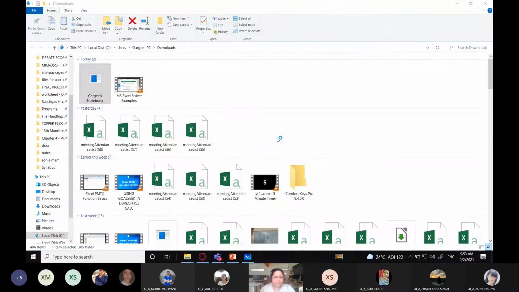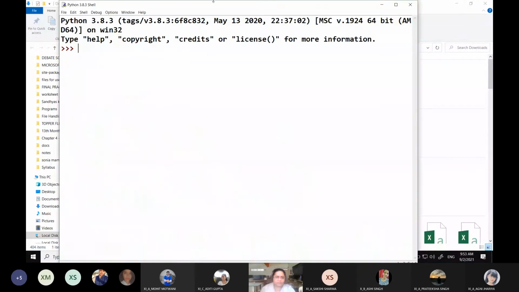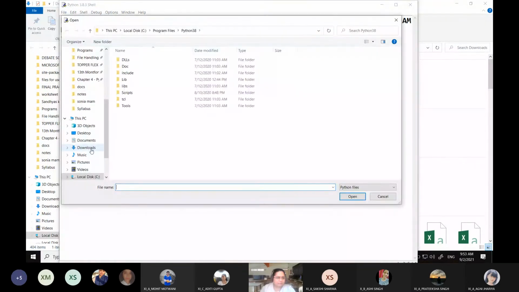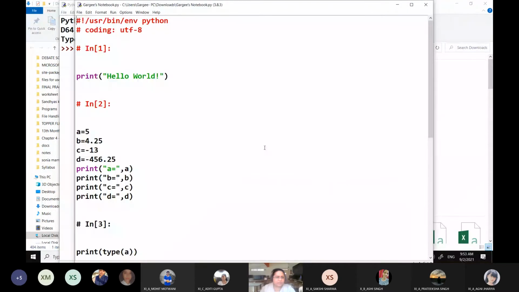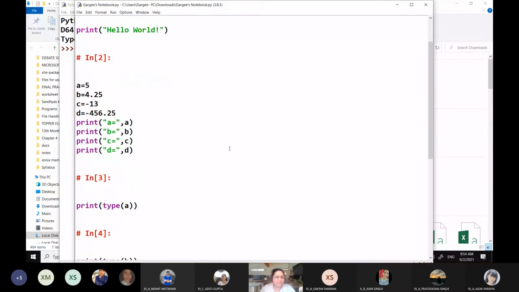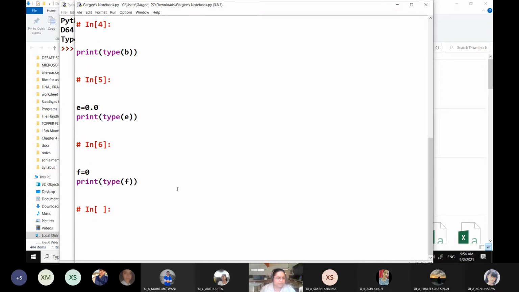So I'm opening the Python IDE and I will tell you how it can be accessed on your computer. Here you can go to File, Open, and we'll go to Downloads and go to Gargi's Notebook, click on Open, and you'll find everything over here. All these things that are hidden, you can just ignore these lines because these are comment lines which are not read by your interpreter. Only the Python statements are going to be executed.